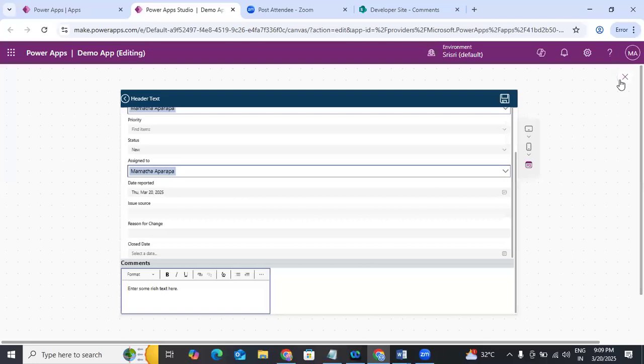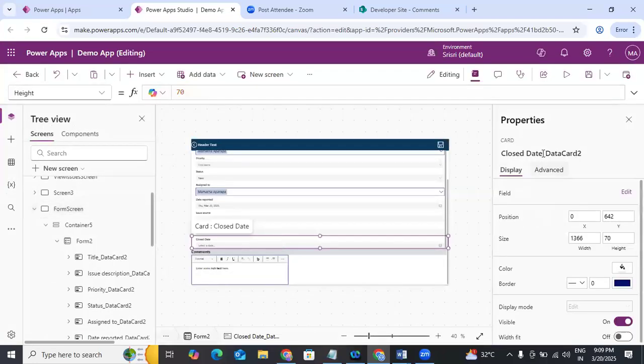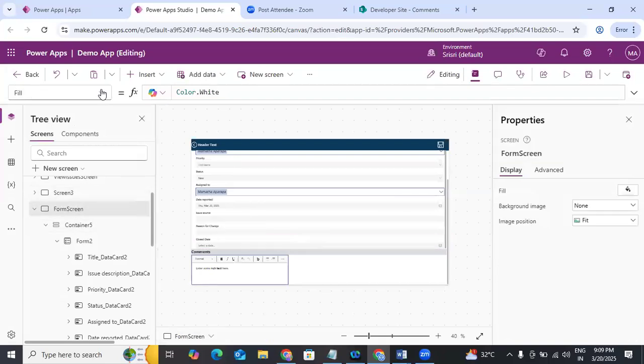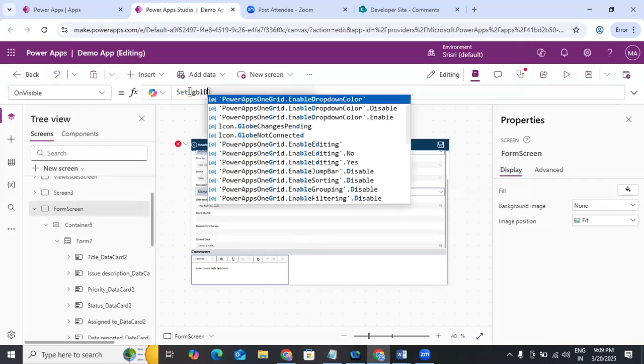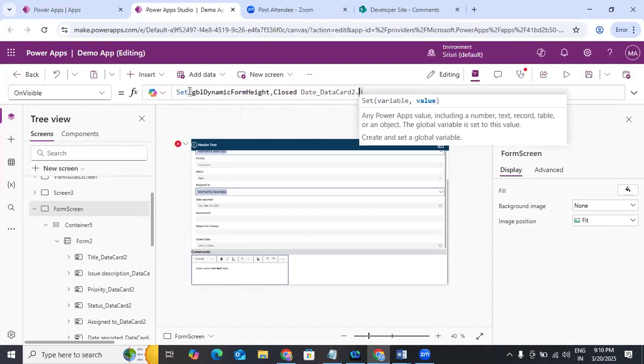Closed Date is our last control, right? On start of our screen, I'll take one variable, Set, gblDynamicFormHeight, as the Y plus